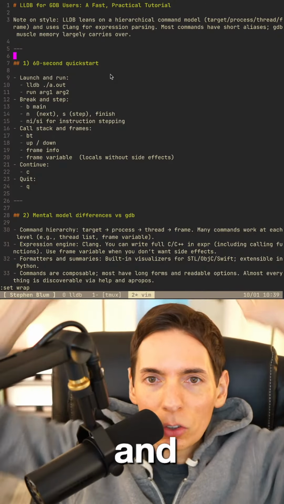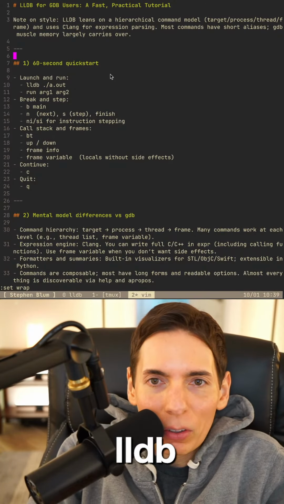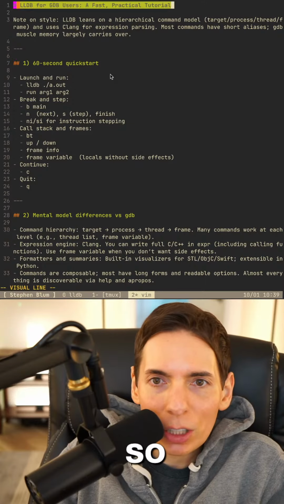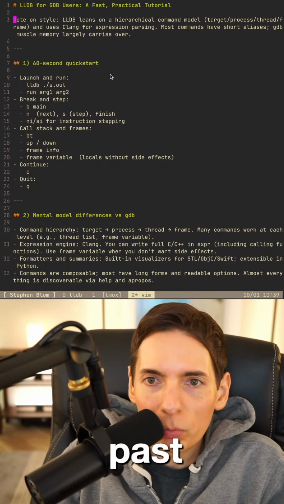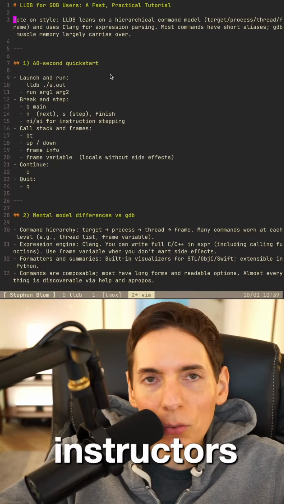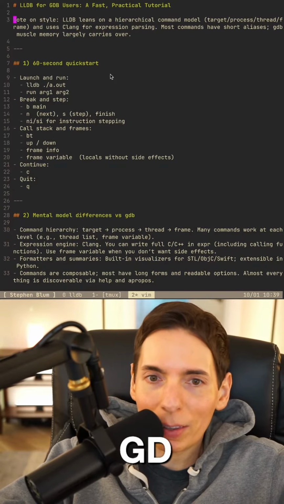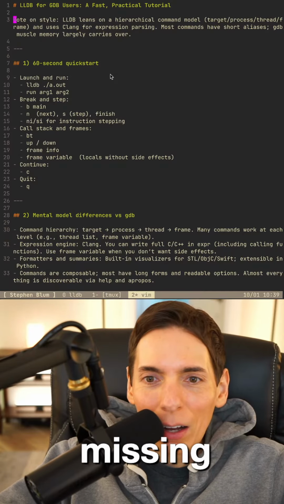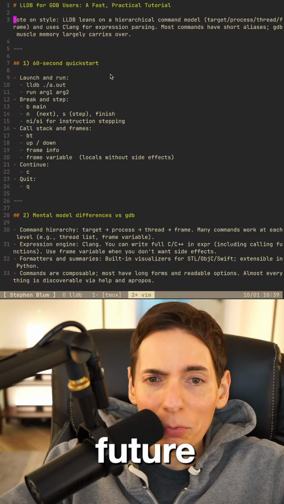During that time, I want to learn some LLDB. I know some GDB because I've used it in the past, because most of our infrastructure still operates on C, and we use GDB to debug that. But what we're missing is the future of using